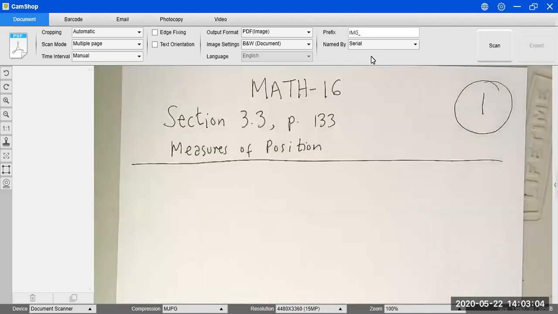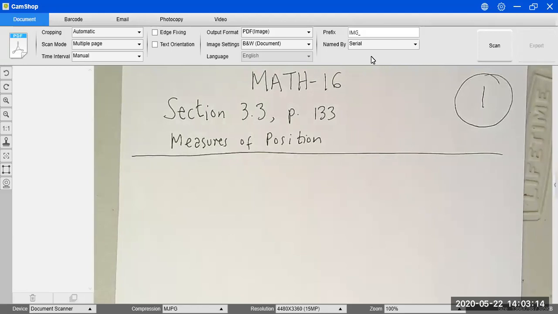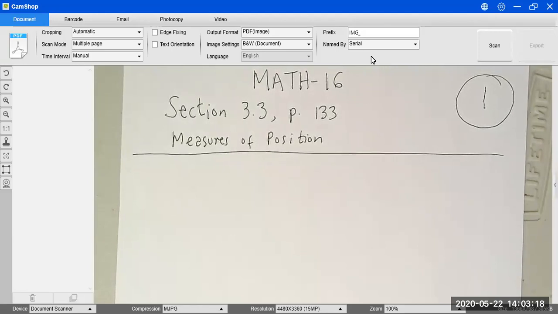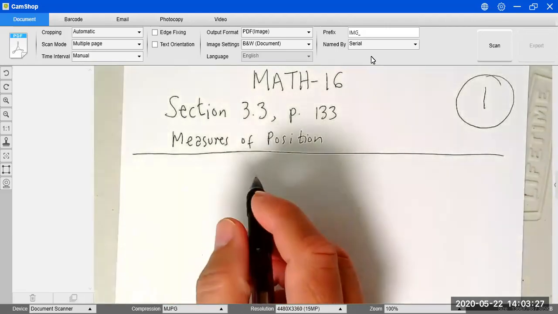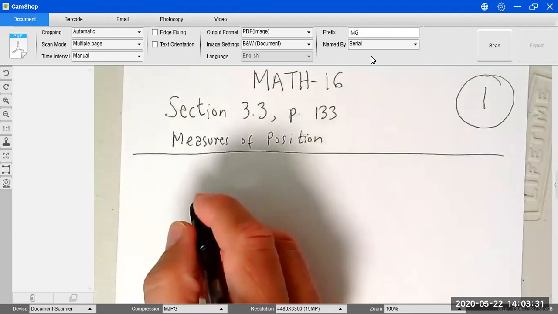So in the last lectures, we learned about measures of center, like the mean, measures of spread or measures of variability, like the standard deviation. Now we're gonna work on measures of position, that are like measures of ranking, or in this case, we're gonna have, for example, the first one,